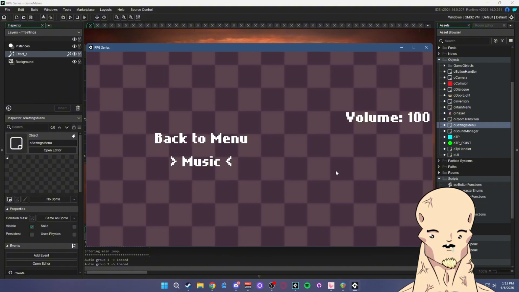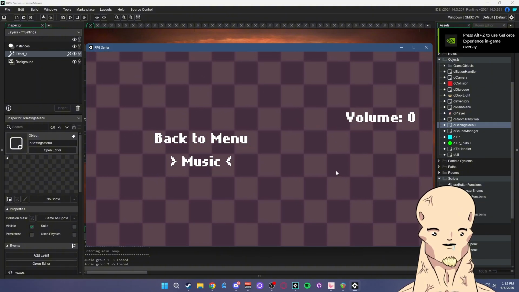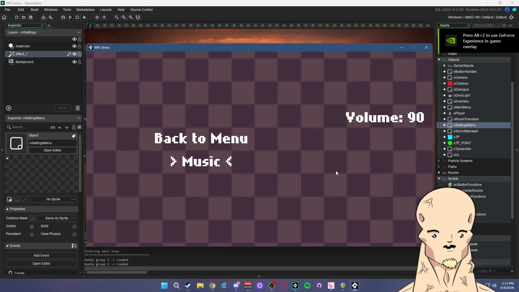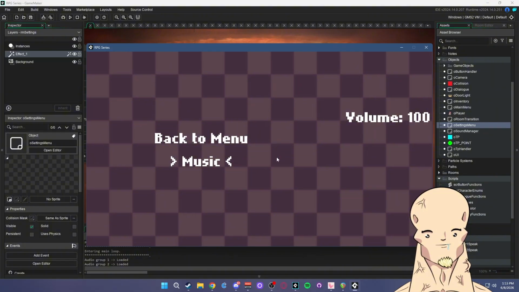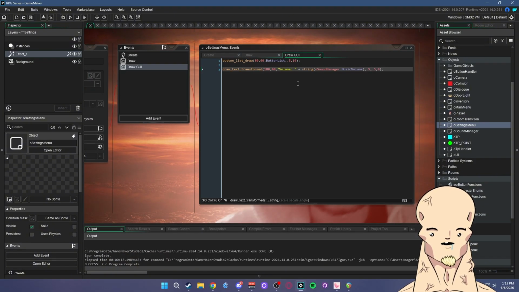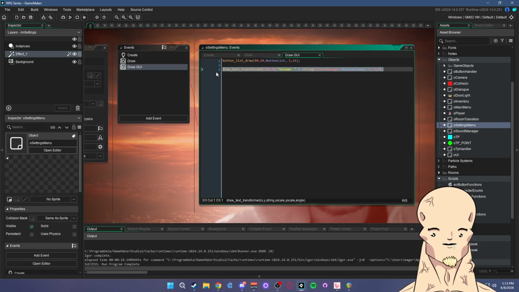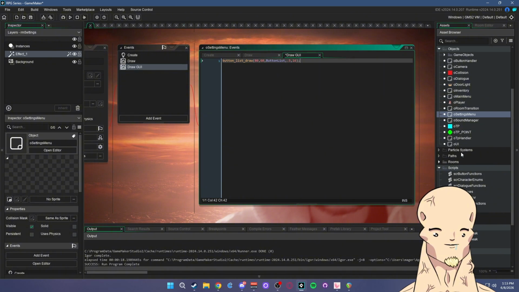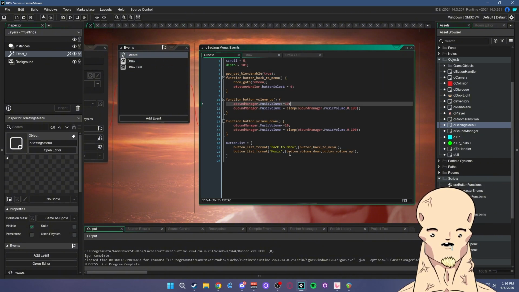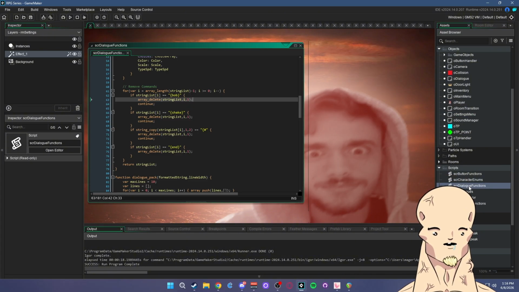Now this on the music, if I hit left, it goes down. If I hit right, it goes over there, and you can hear the music changing in volume. Just like that. And now instead of drawing this right here, we're actually going to include that in the list itself now. So if you see here, the button list format, music, it's not really able to get a reference of the variable. So we're going to go